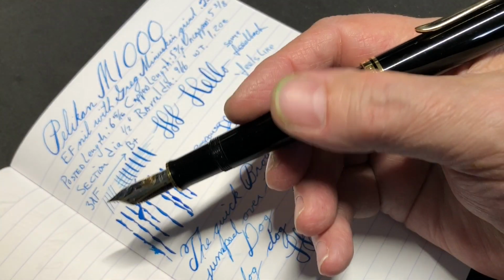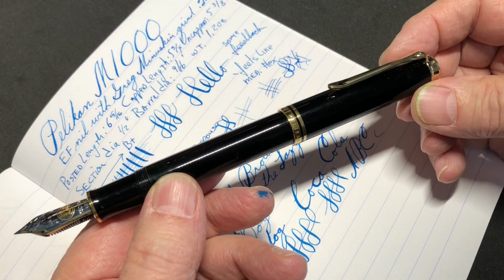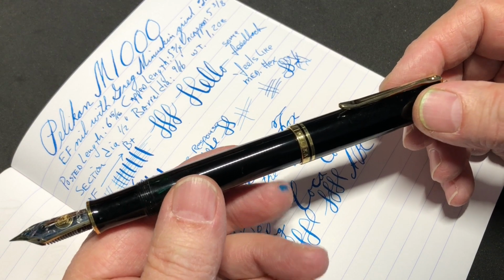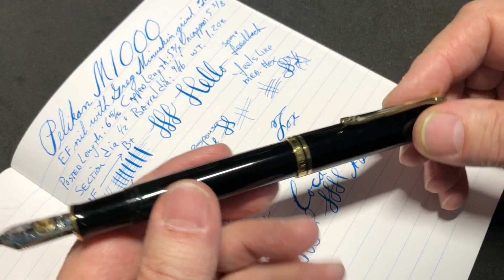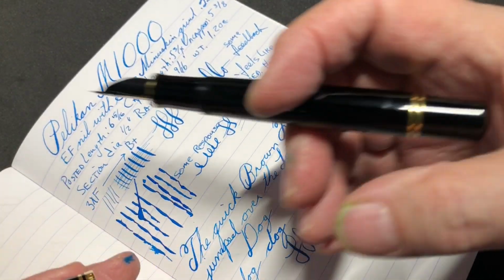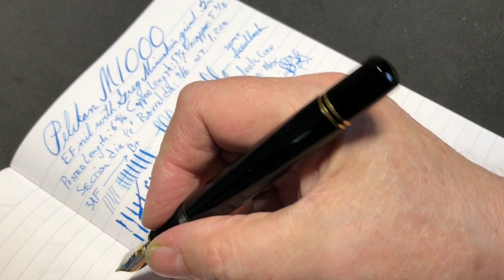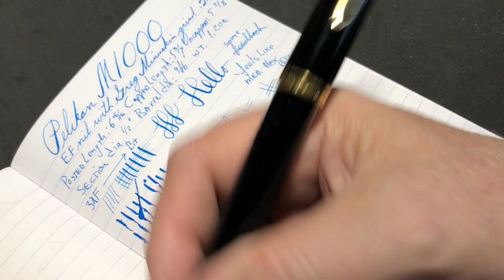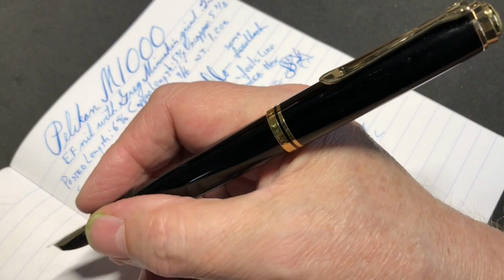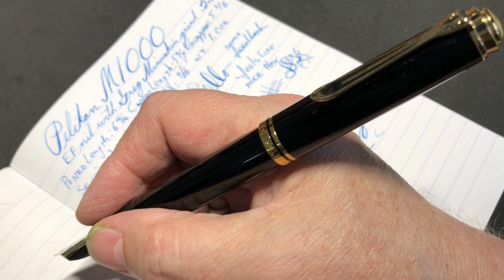It's a big pen. It is 6 5/16 inches long, posted. Capped, it's 5 3/4. It's a fast capping action too. Uncapped, it is 5 3/8. Very respectable size for writing with. I do like it better weight-wise with this on the end, but that almost looks kind of ridiculous in its size,